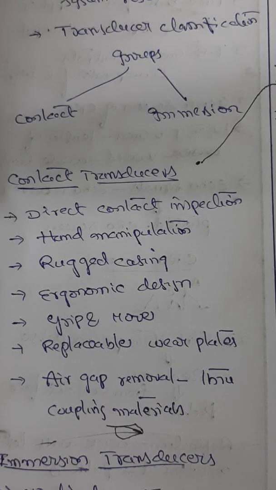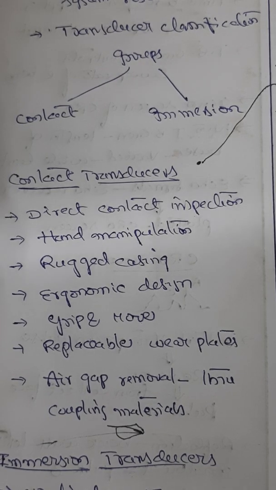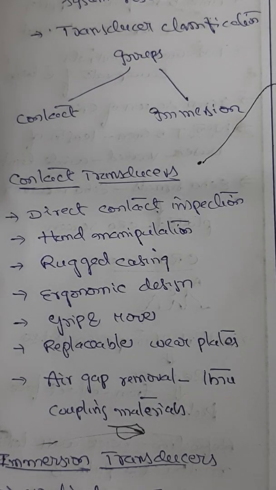In the case of straight beam, the ultrasonic beam is transmitted into the specimen at an angle of 90 degrees with respect to the specimen surface. The angle beam technique is used to detect flaws present at curved surfaces, and the ultrasonic beam is transmitted at an angle to the test surface. That does not normally happen in contact transducers.